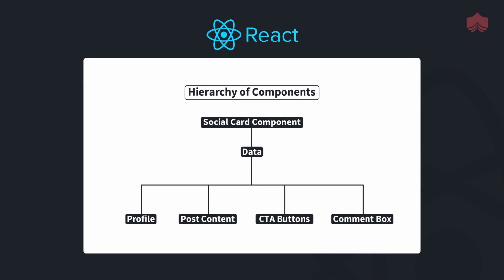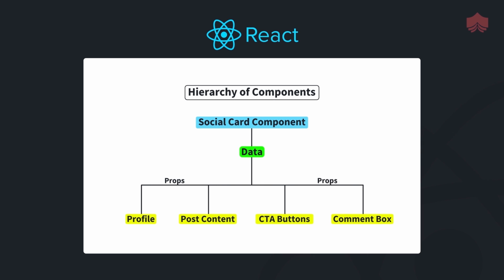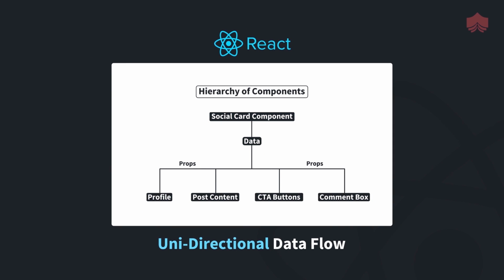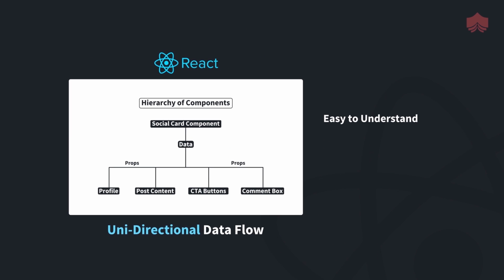React's one-way or unidirectional data flow order simply means that a parent component will pass down data to nested child components using props, which act like inlets into a component. This unidirectional data flow order makes it easy to understand, implement, and debug common problems because we can easily recognize data sources and the flow.